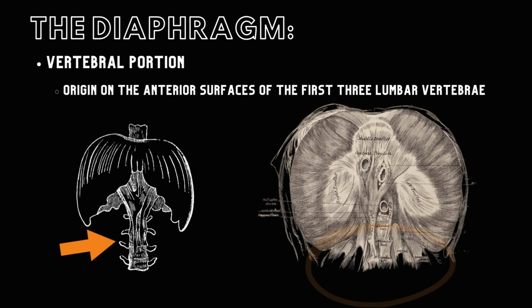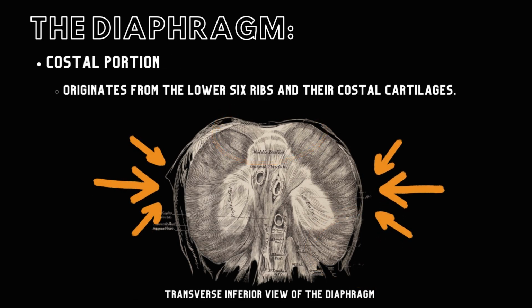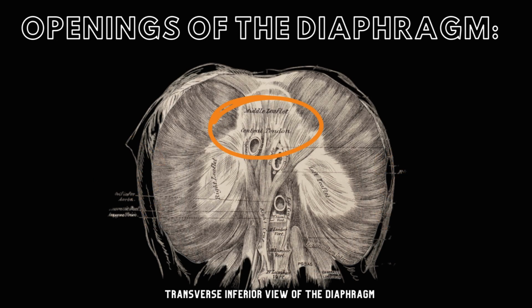The vertebral portion has its origin on the anterior surfaces of the first three lumbar vertebrae and their intervertebral discs. The sternal portion originates from the xiphoid process of the sternum. The costal portion originates from the lower six ribs and their costal cartilages. All three sections merge and insert onto the central tendon of the diaphragm, which attaches to the inferior surface of